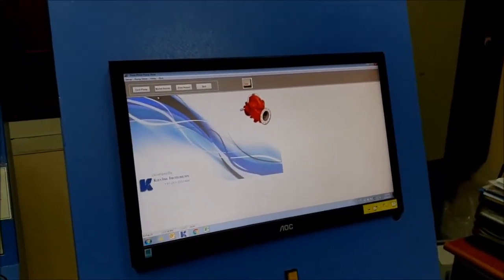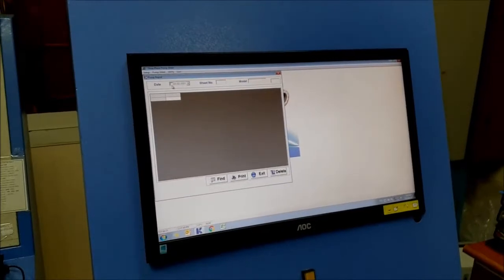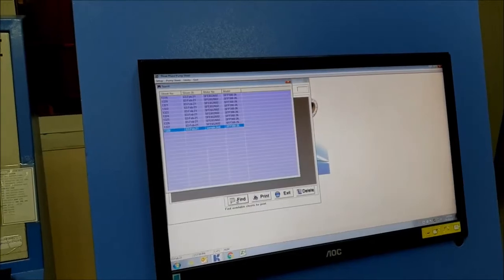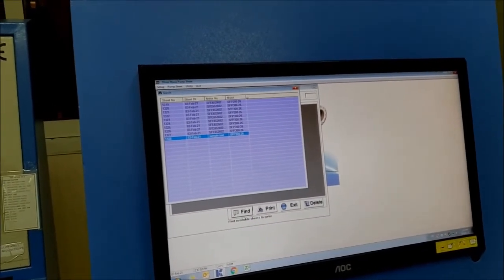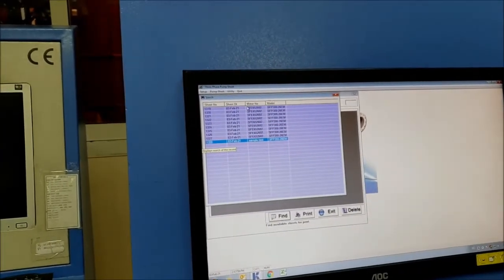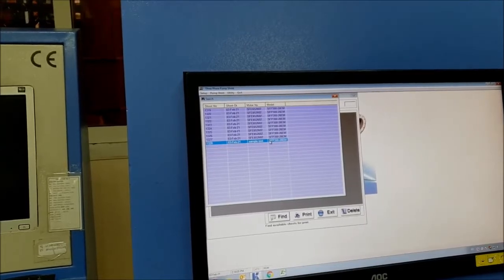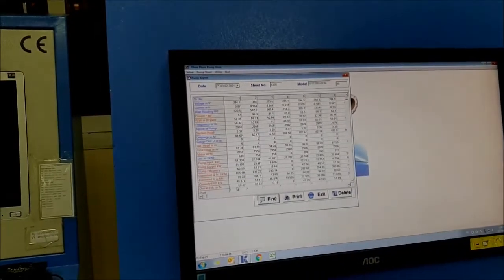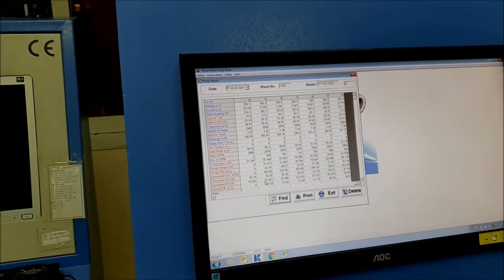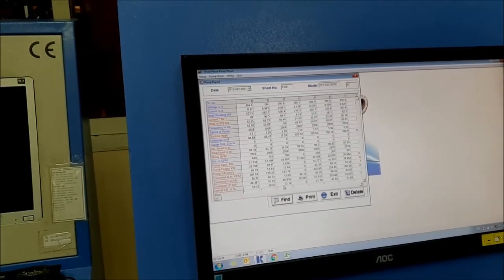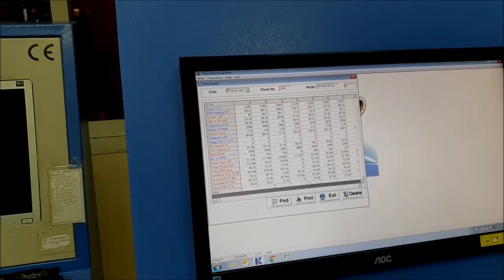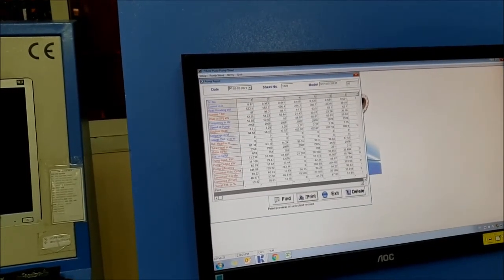Okay, now we will take out the print. You can select the date, so that only that particular date's reports will reflect here. On this date this many reports were tested, so you can have your serial number and model. The user will select the appropriate model to test the report, and now it is populated here. We have taken 10 readings. And we will print it out.